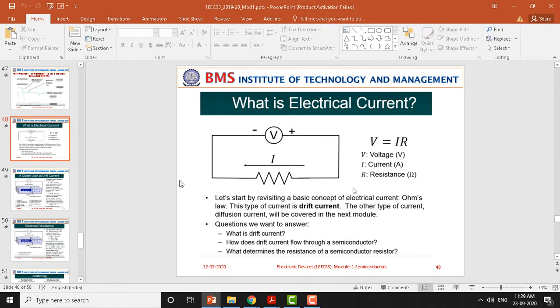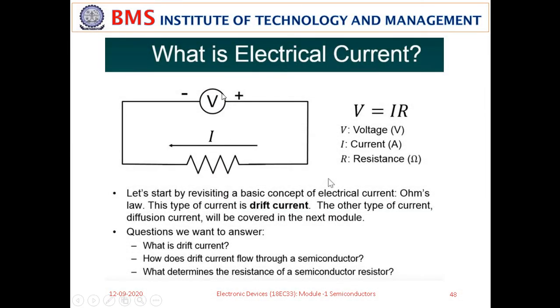Let me see if anything is left out. If you look at this slide here, now let me make it full screen. So far, instead of showing a semiconductor bar, here we are showing a resistance. This is as per Ohm's law. The voltage applied will result in a current here. We also said the amount of electrons entering here will be equivalent to the electrons leaving here. So this type of current, flowing because of the applied voltage, is called a drift current.